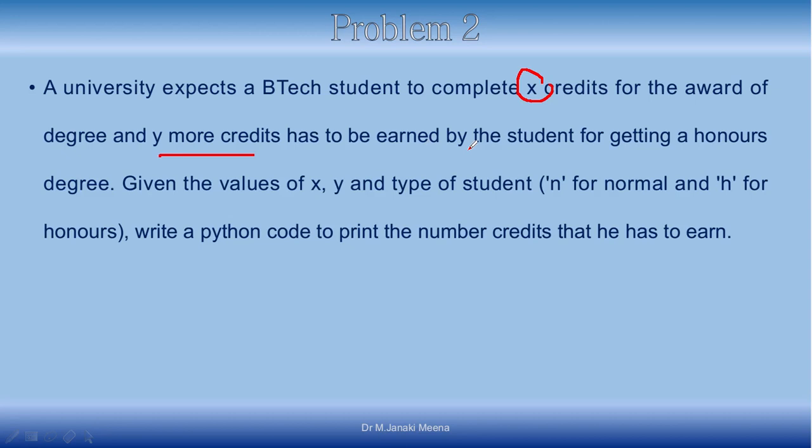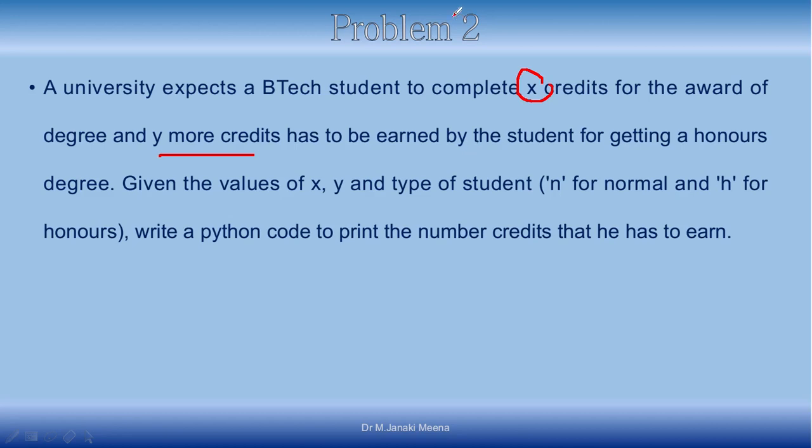See, honors is something that shows you are special when you are doing the graduation. There is an option in many universities where you can opt for an honors degree. In that case, the university will ask you to do a few more courses. They will give a list of courses, and they will ask you to pick and gain a few credits from it, so that they can treat you as a special student during graduation.